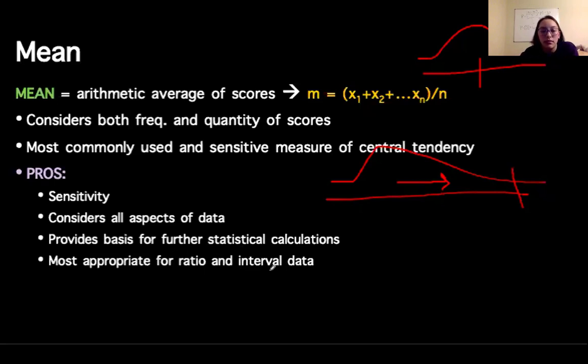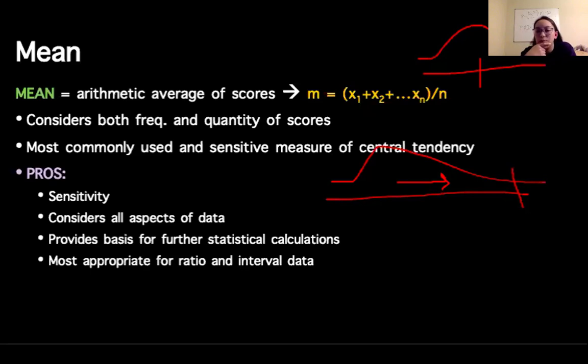But it's the best calculation to use for these two types. Nominal data, not really. I actually have used it on nominal data just to see, on average, which category was the most prevalent within a list of categories that I was sorting people into. But